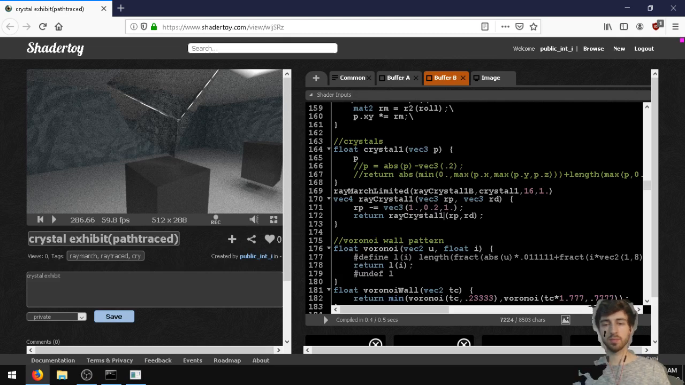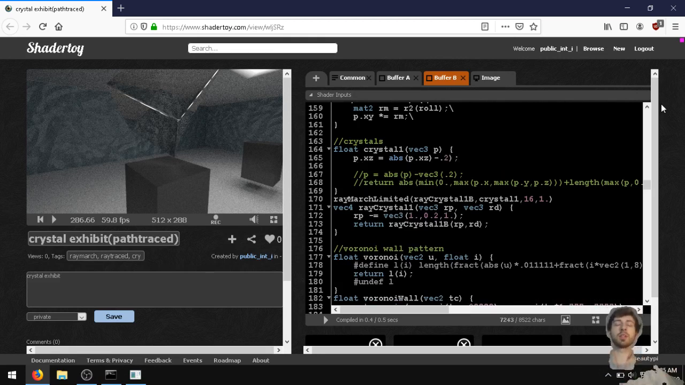Okay, here we go. So I'm going to start with basically the same code as before, but only doing the X and Z. So this is going to be the square sides of the crystal, and then going up,